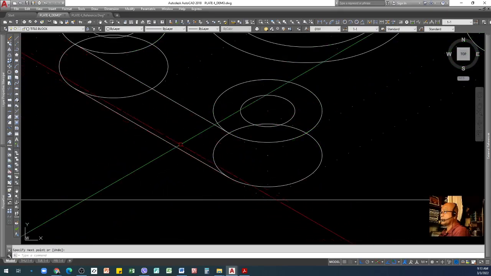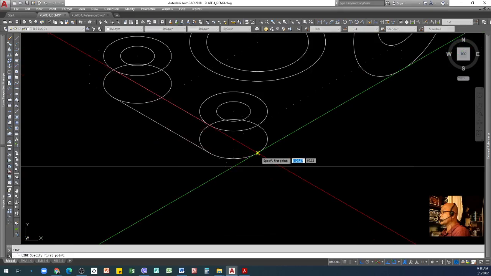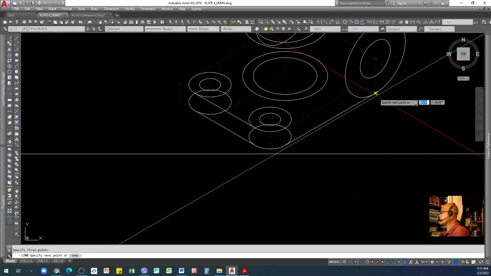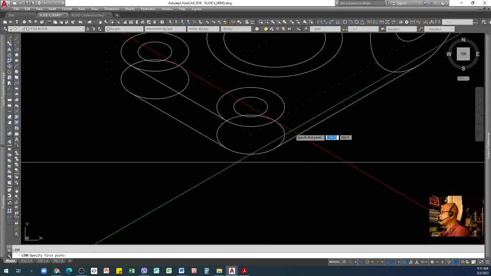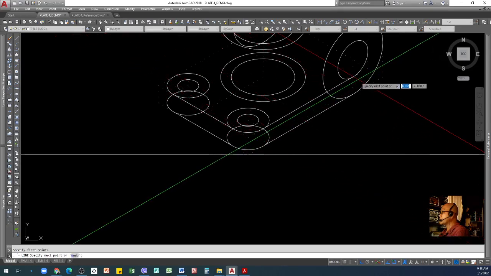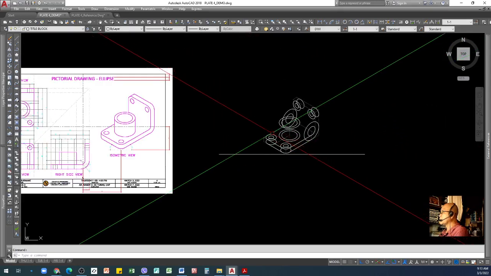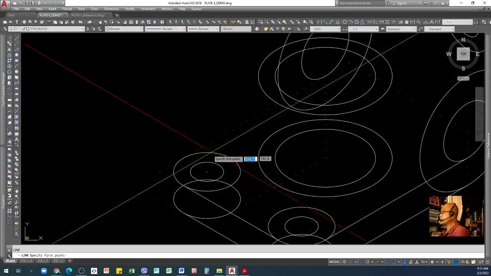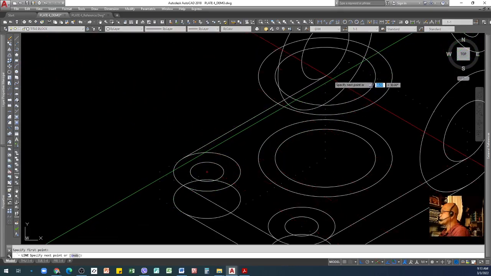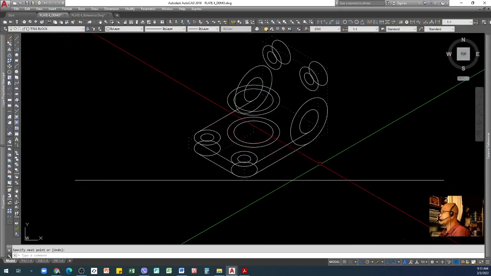Line, I'm getting the intersection for our connection, and then another one here, we need it there. So we are starting to form our object.